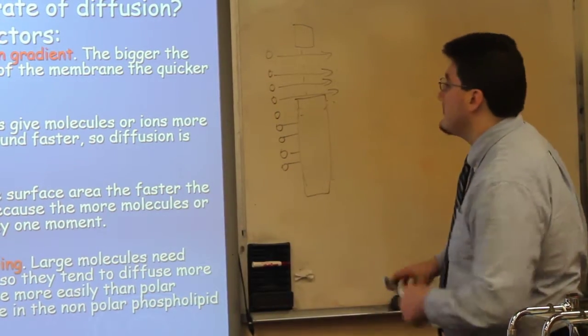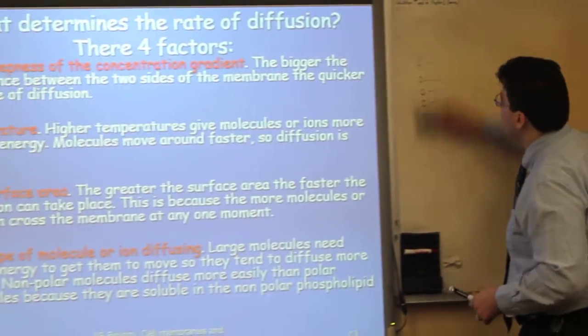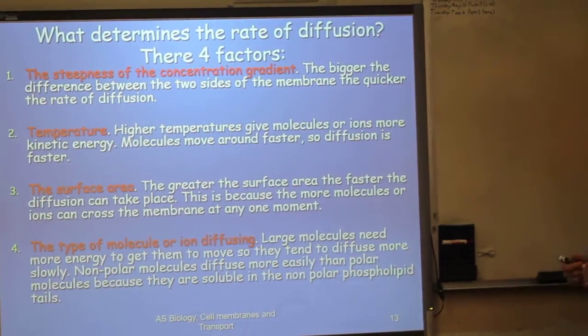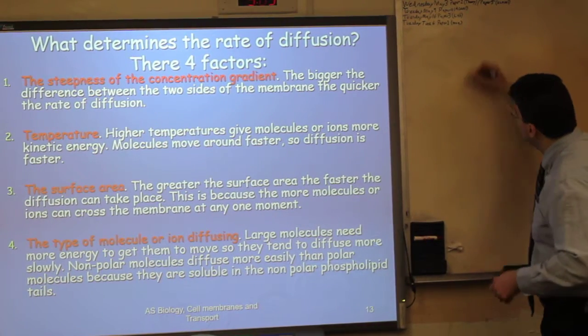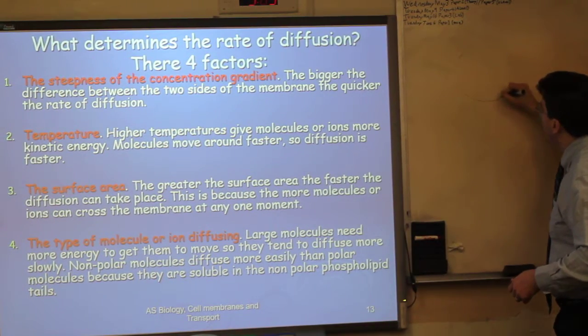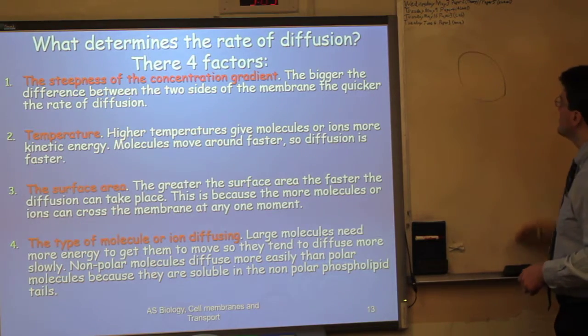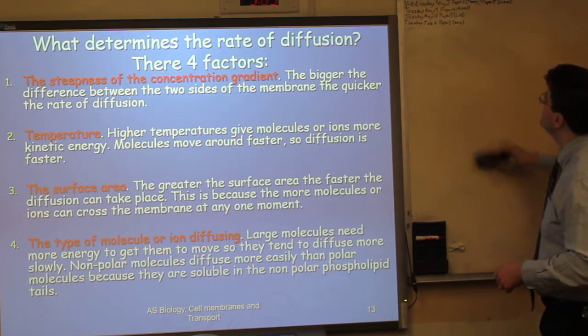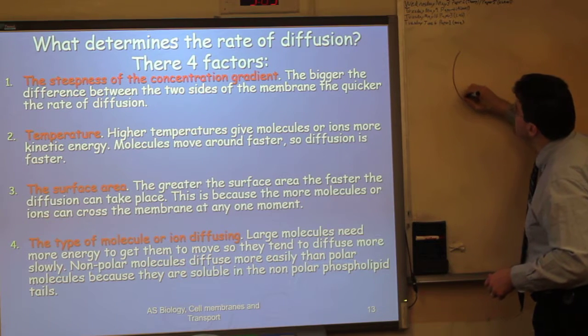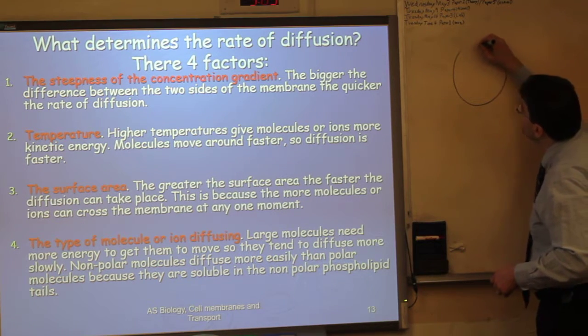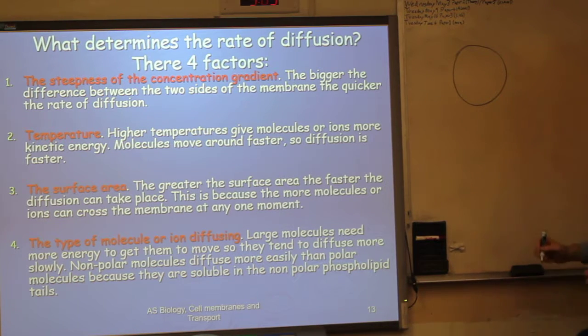Now the type of molecule or ion that is diffusing, that matters as well. If the molecule's size is increased, a larger molecule, you know what? Let's see if I can get this to be darker. A molecule that is larger versus a molecule that is smaller, if they have the same kinetic energy